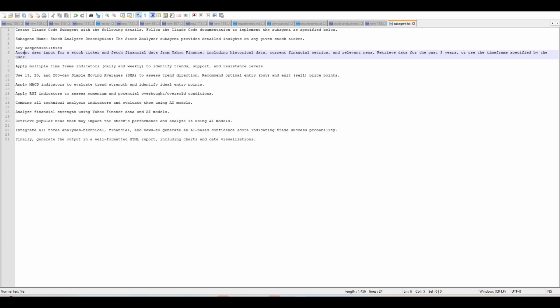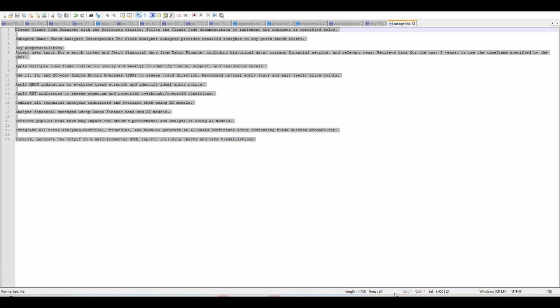You just provide a sub agent name and description, and then we utilize AI-powered tools like Claude desktop. You can generate the proper Claude Code sub-agent. You don't need to do anything with creating the sub-agent yourself; rather, you just have your high-level requirement. Here, I'm asking Claude desktop, hey, I wanted to create a Claude Code sub-agent with the following details, and follow the documentation that Claude Code provided,